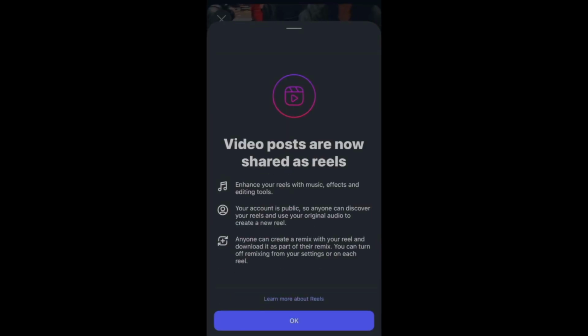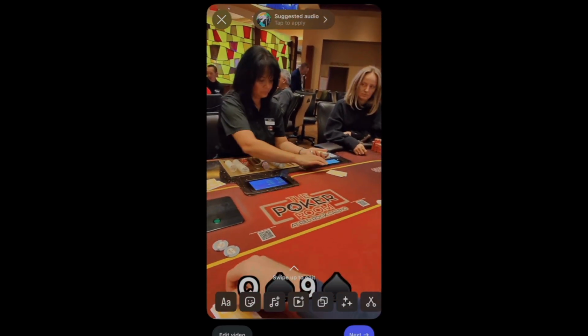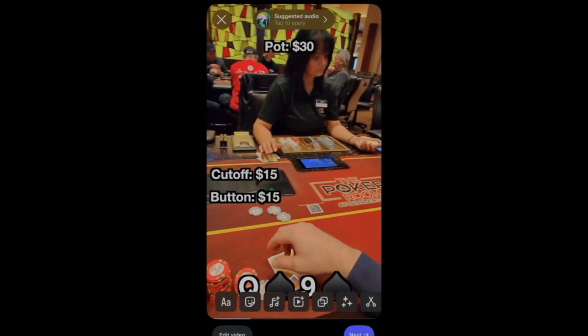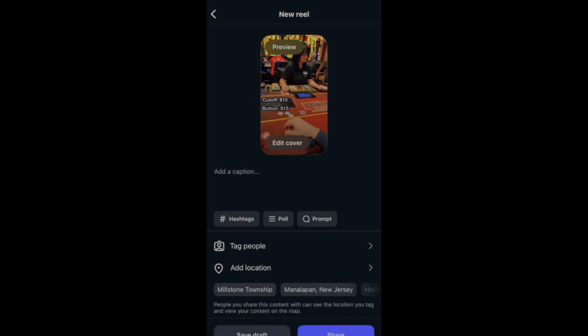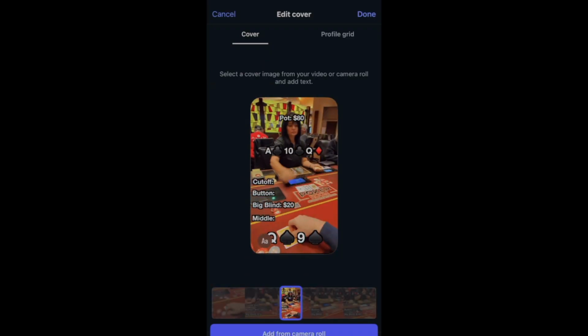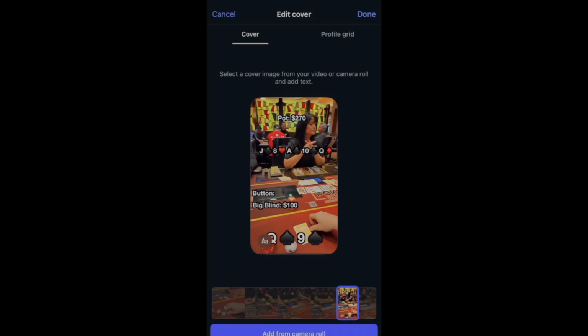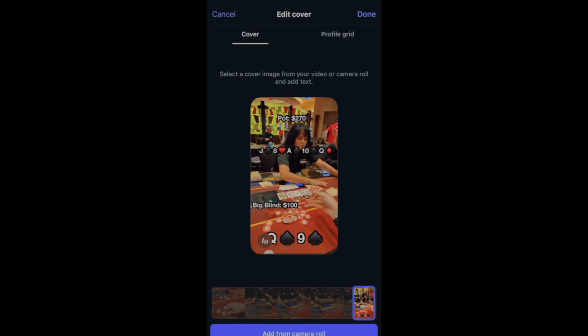Watch me take down a $270 pot playing 1-3. We have Queen 9 of spades in the big blind. Cutoff raises to $15. And we can just post it as is, essentially. We can optimize the cover photo. We can pick a frame of the video that looks appealing. Let's say all the chips on the table right there, showing the big pot. That's a good one. So I'm going to say done,